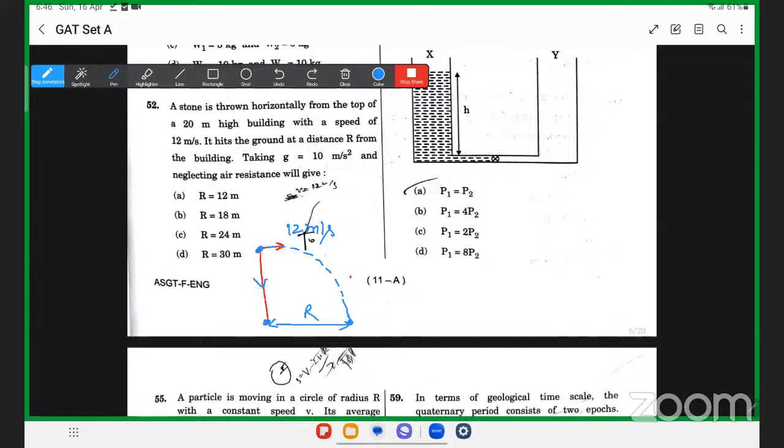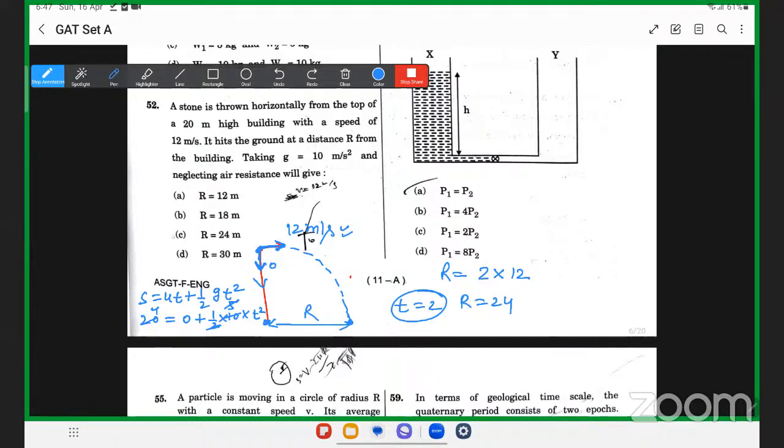तो इनिशियली वर्टिकल डायरेक्शन में यहाँ कोई वेलोसिटी नहीं है, हॉरिजॉन्टल डायरेक्शन में वेलोसिटी है 12 मीटर पर सेकेंड। तो s इक्वल्स टू ut प्लस हाफ gt स्क्वायर का कॉन्सेप्ट अगर हम अप्लाई करते हैं, s मेरे पास 20 है, u 0 है, प्लस 1/2 g का वैल्यू 10, t स्क्वायर। मुझे निकालना है, 5 हो जाएगा, ये 4 हो जाएगा और t स्क्वायर 4 मीन्स t आ जाएगा 2 सेकेंड। अब ये जो r है हॉरिजॉन्टल डिस्टेंस, ये होगा हॉरिजॉन्टल स्पीड इनटू टाइम। टाइम इज 2 यूनिट, हॉरिजॉन्टल स्पीड इज 12, सो r विल बी 24 मीटर। दैट इज ऑप्शन C करेक्ट होगा।